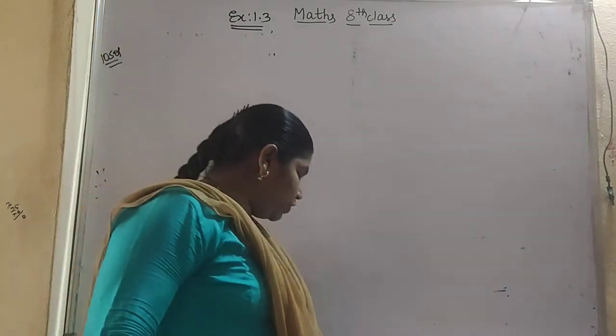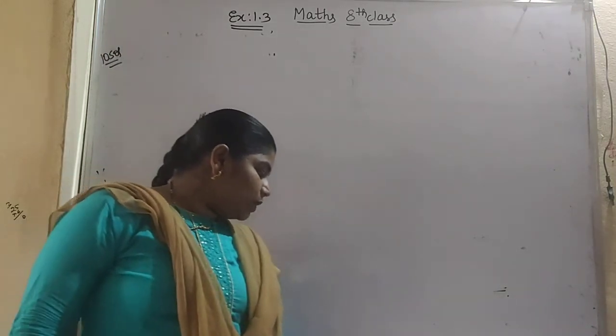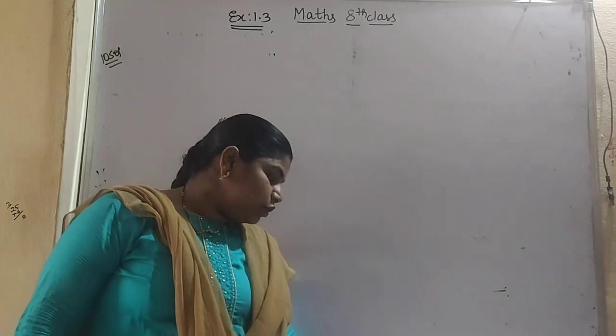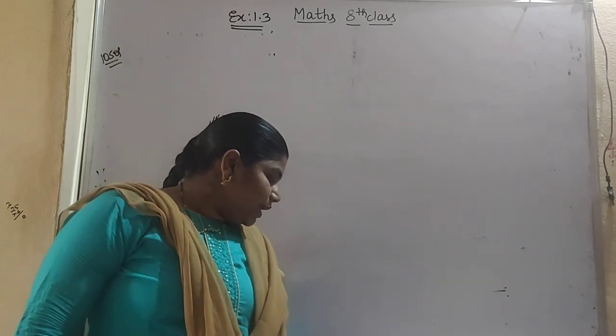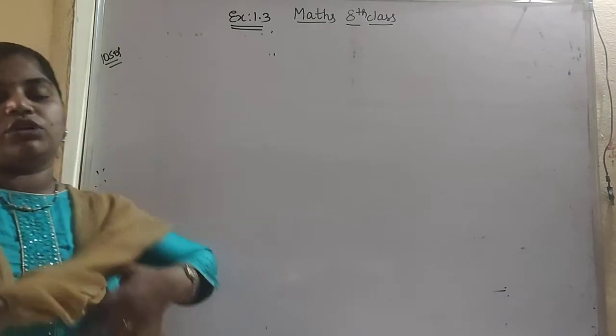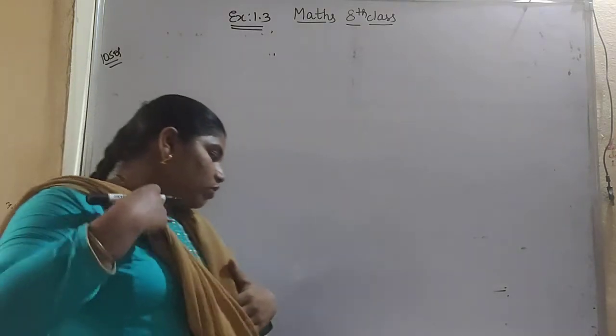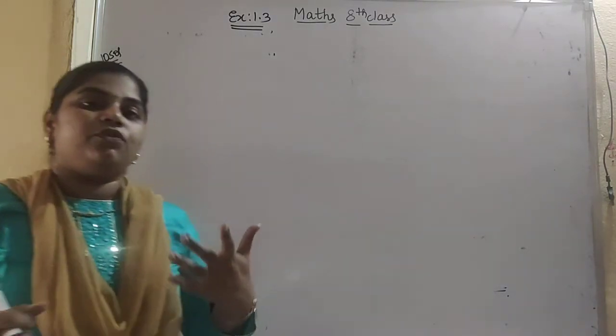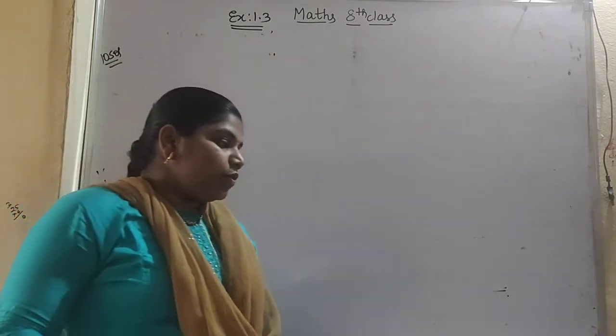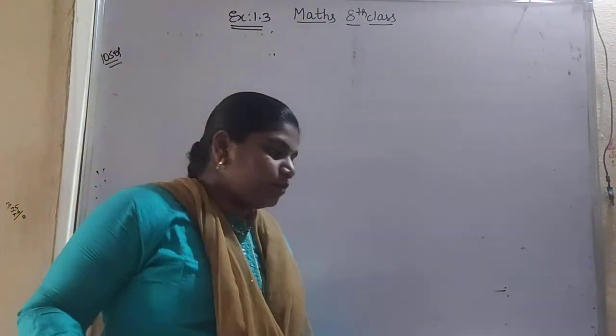What is the 10th question? If 36 trousers of equal size can be stitched in 64 meters of cloth, what is the length of cloth required for each trouser? So 36 trousers can be stitched in 64 meters of cloth, it seems. So what is the length of cloth for one, we have to find.